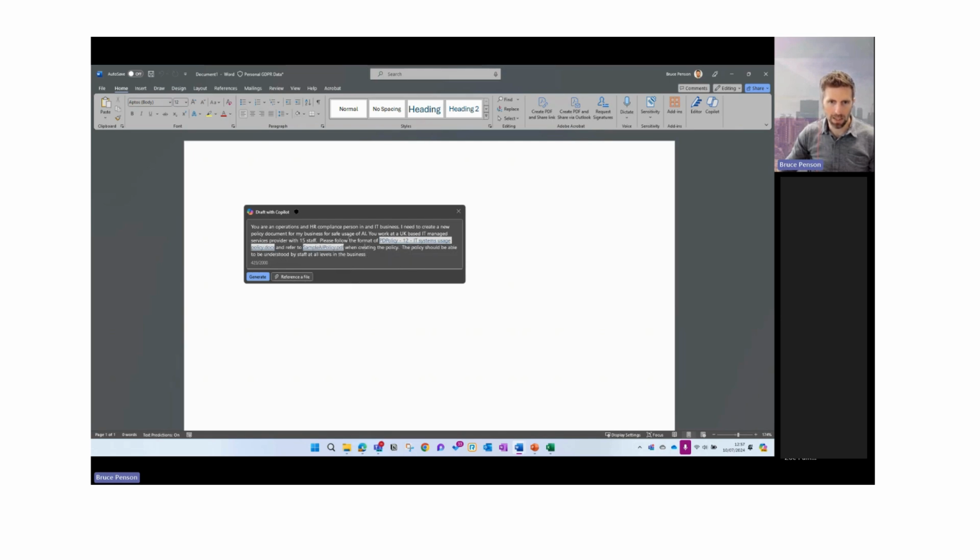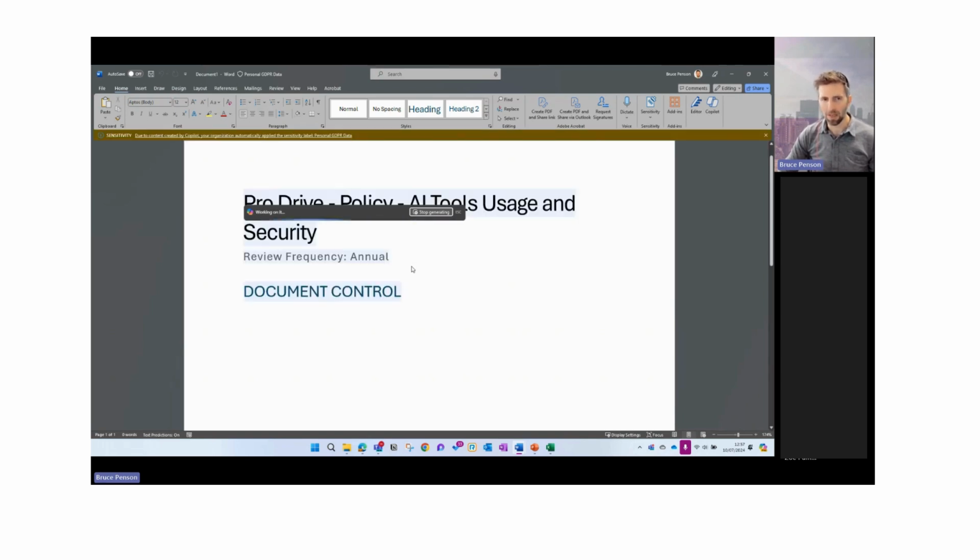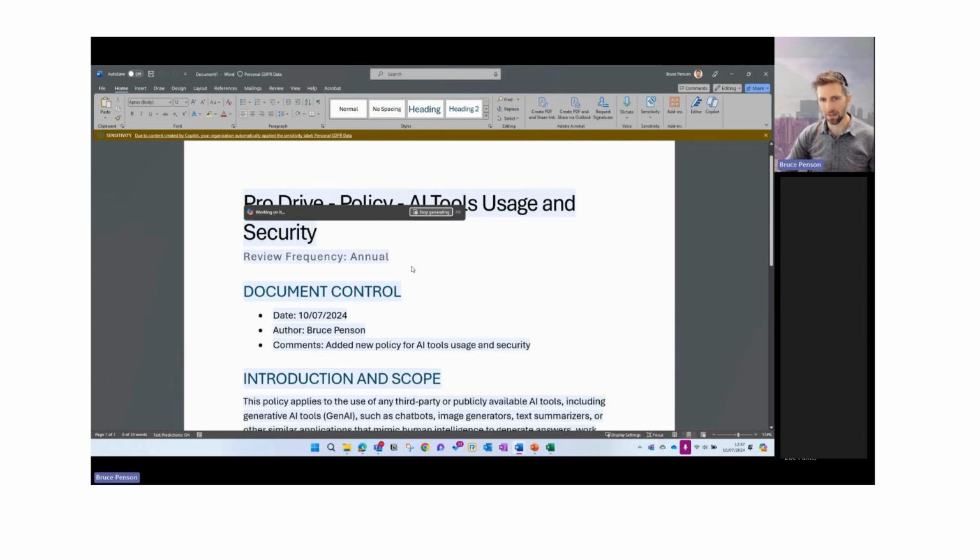So what I've done here is I said I wanted to refer to that. This is a sample AI policy, like a templated one that I just downloaded off the internet. It's not in the style of our policies. So I want Copilot to basically take that information and put it into our normal format. Let's click generate. Now, Copilot isn't quite up to standard yet where it can pull through templated stuff, so it won't pull through all the logos and the exact formatting of the documents that we have, but it will pull through equivalent